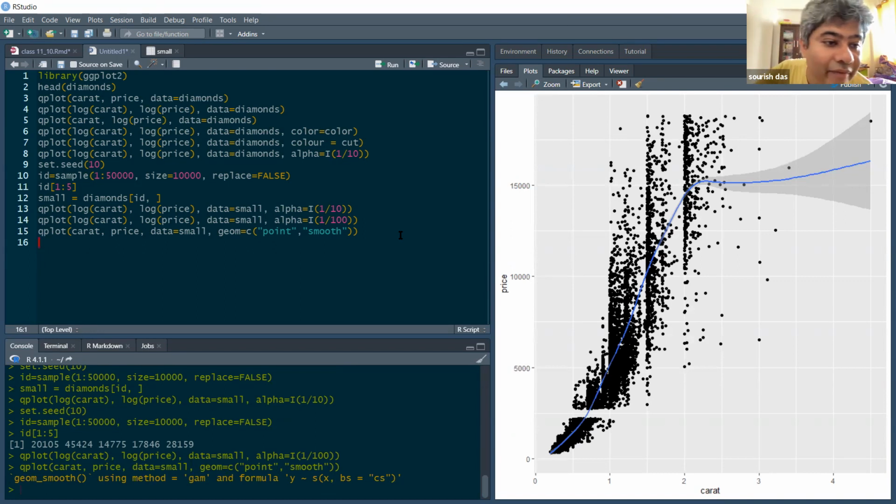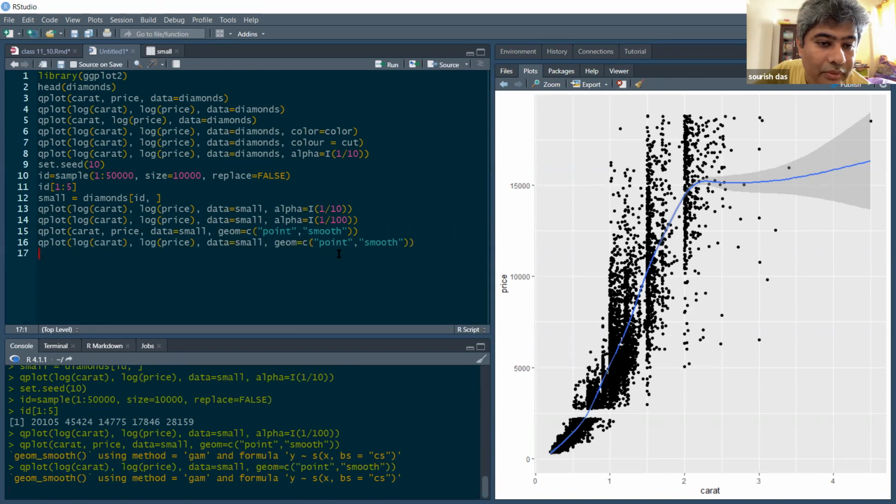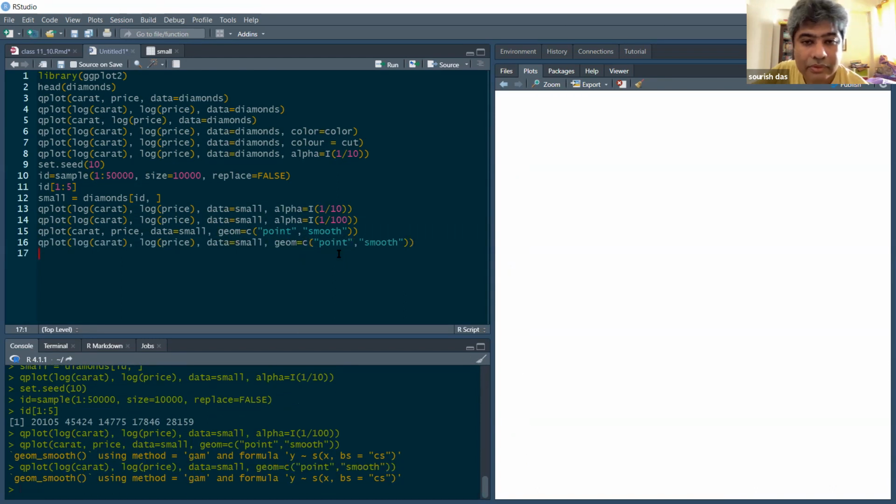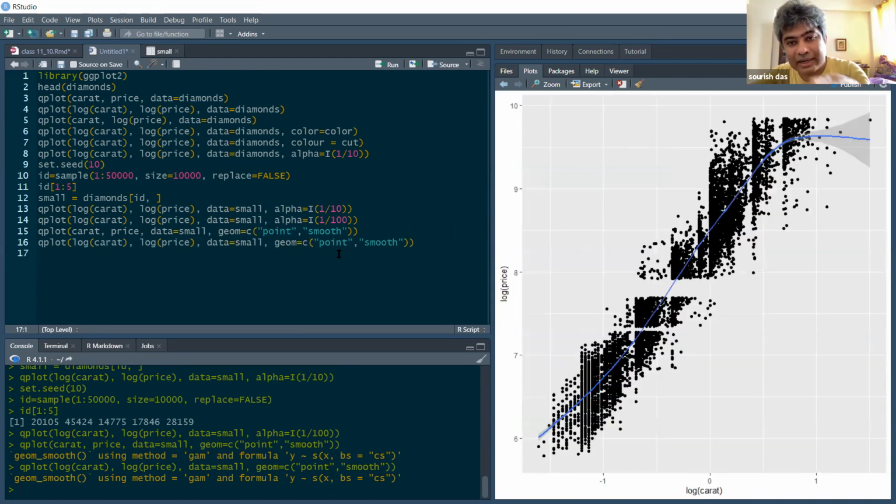And now you can do the same with the log carat and log price. So it will look almost like a straight line, but at the beginning and at the end, a kind of flattening is happening.